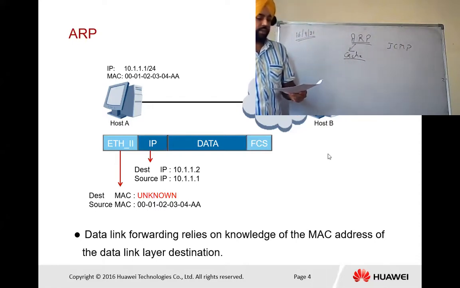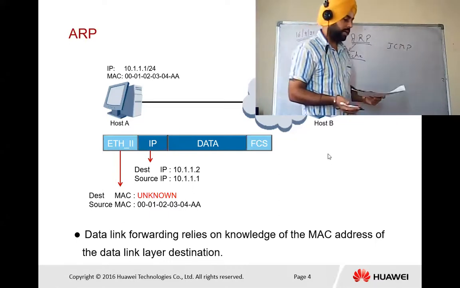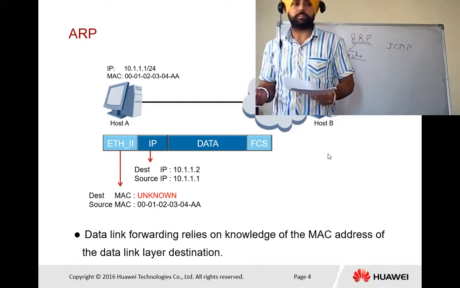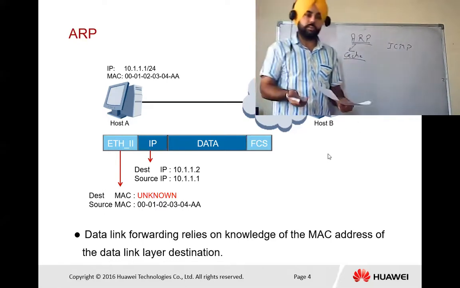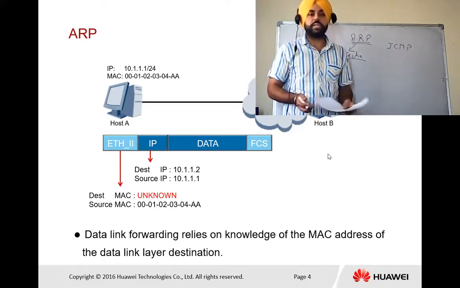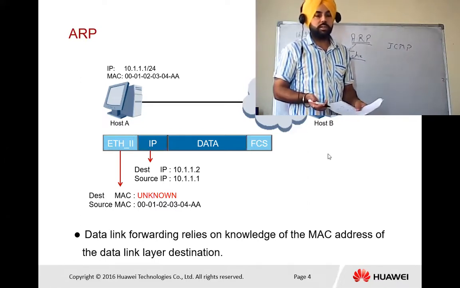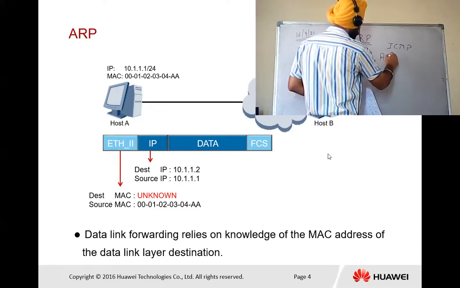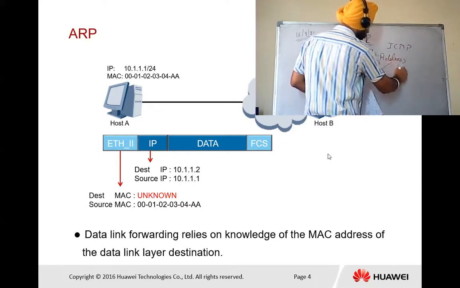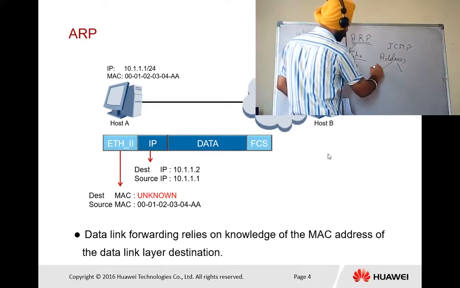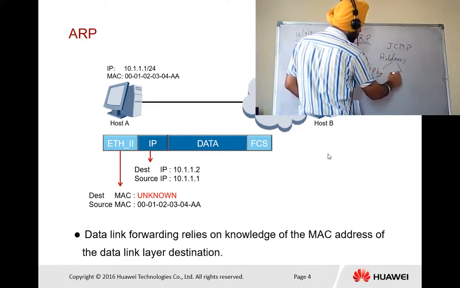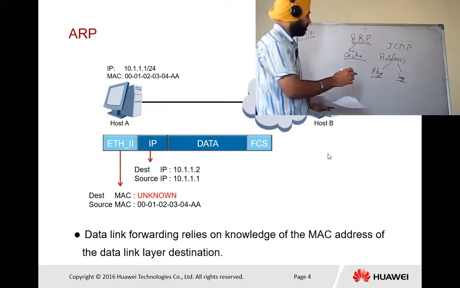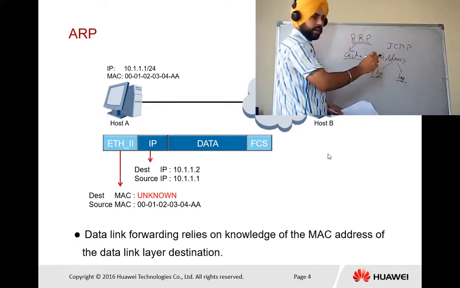First, tell me why we need the MAC address of the destination in the local network. We need the MAC address for the authentication part, because we cannot change our system's MAC address. I already discussed this point. We have two different types of address: one is physical address and the other is logical address.